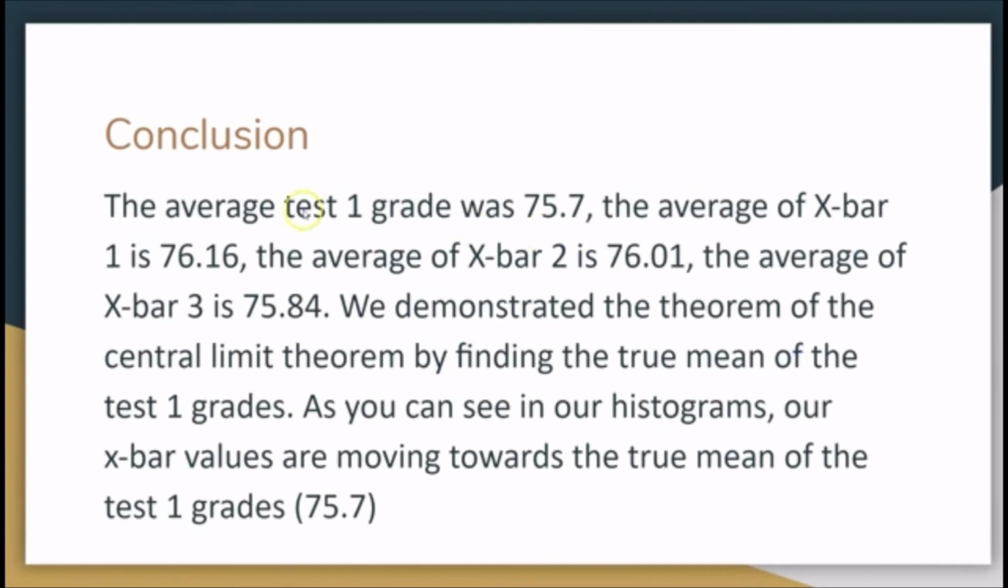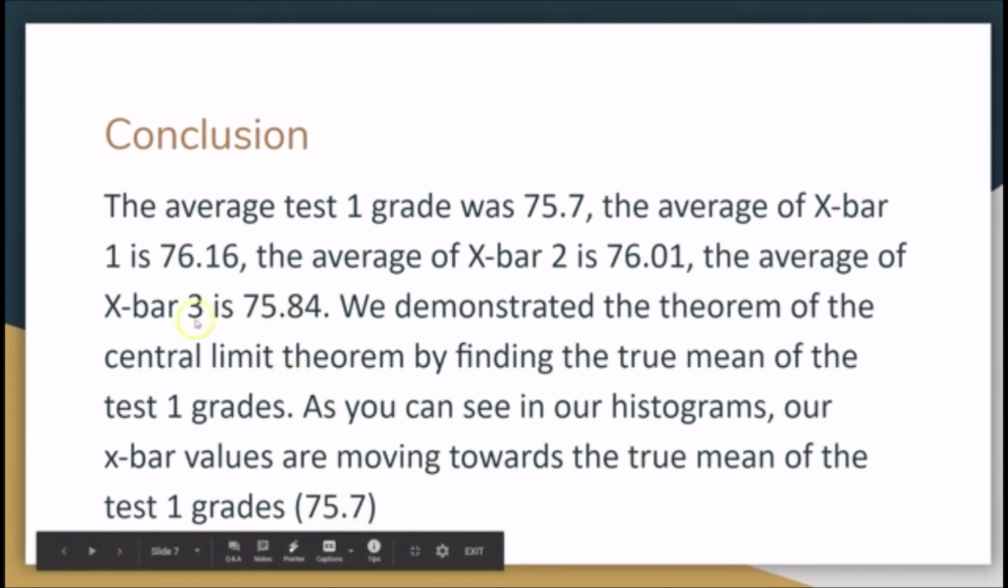Moving on to our conclusion, the average test 1 grade was 75.7, the average of X-bar 1 is 76.16, the average of X-bar 2 is 76.01, the average of X-bar 3 is 75.84. We demonstrated the central limit theorem by finding the true mean of the test 1 grades. As you can see in our histograms, our X-bar values are moving towards the true mean of the test 1 grades, which is true because when you compare